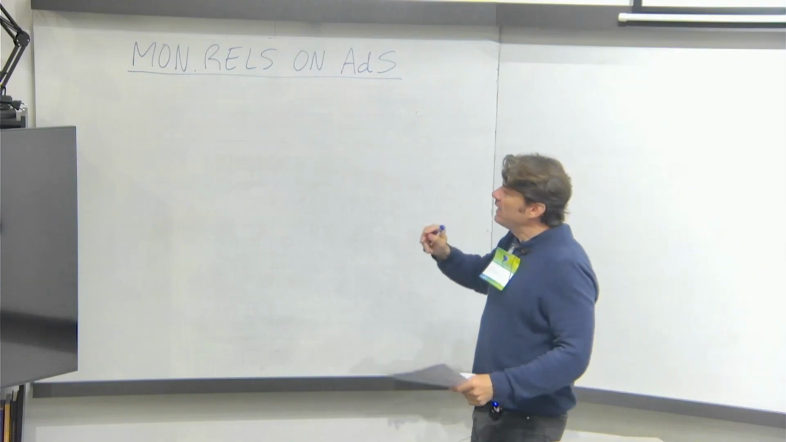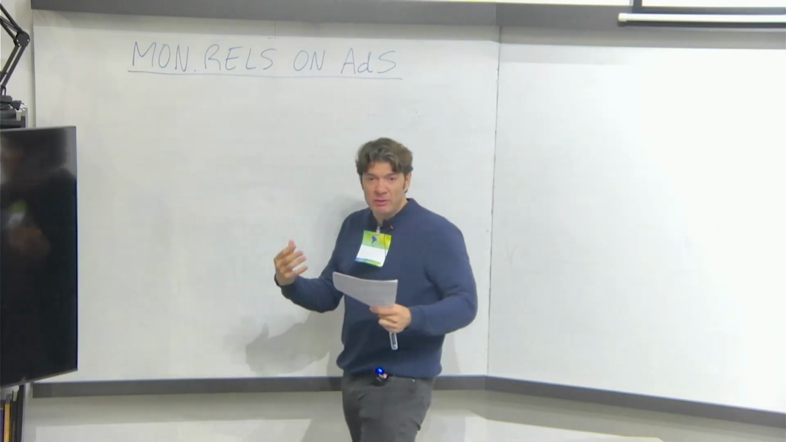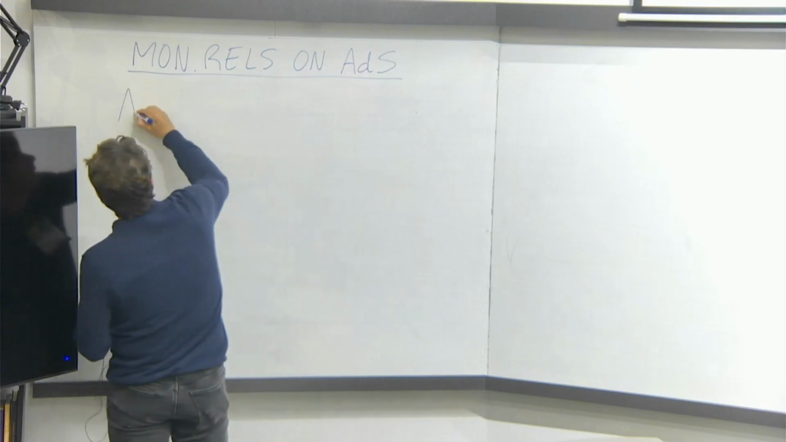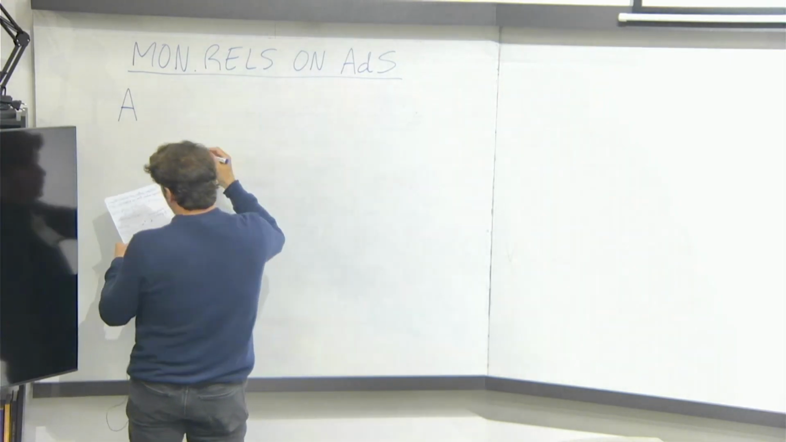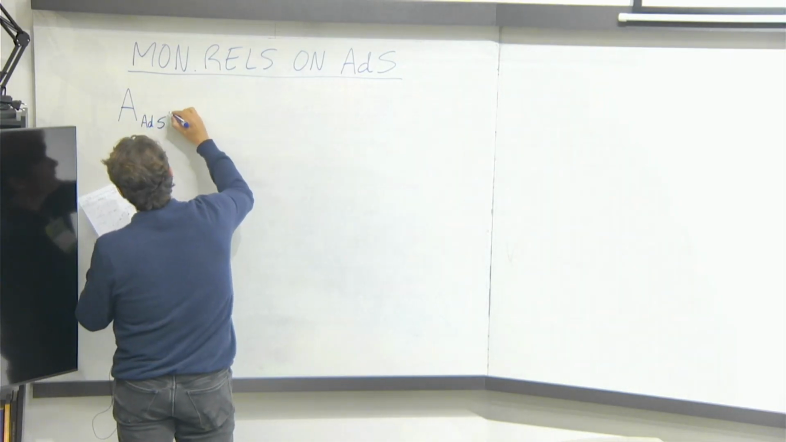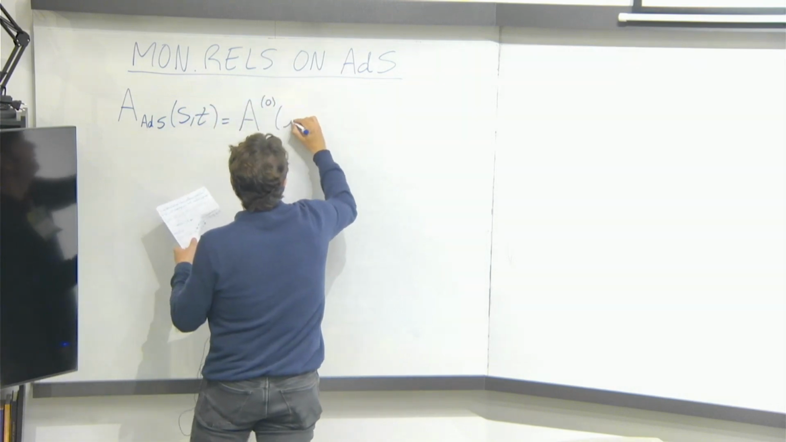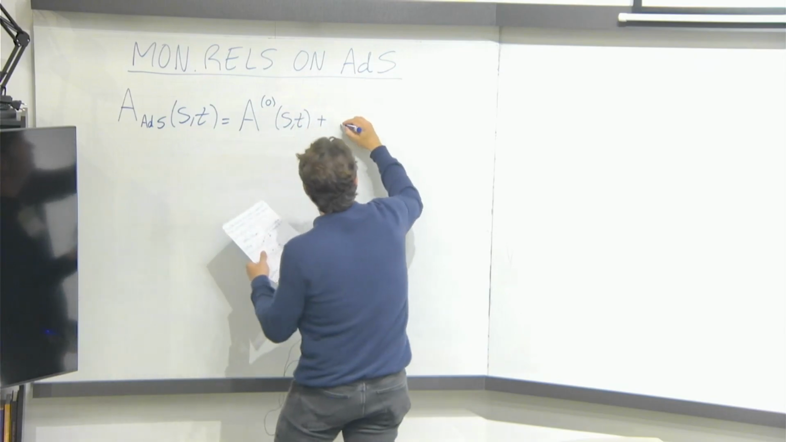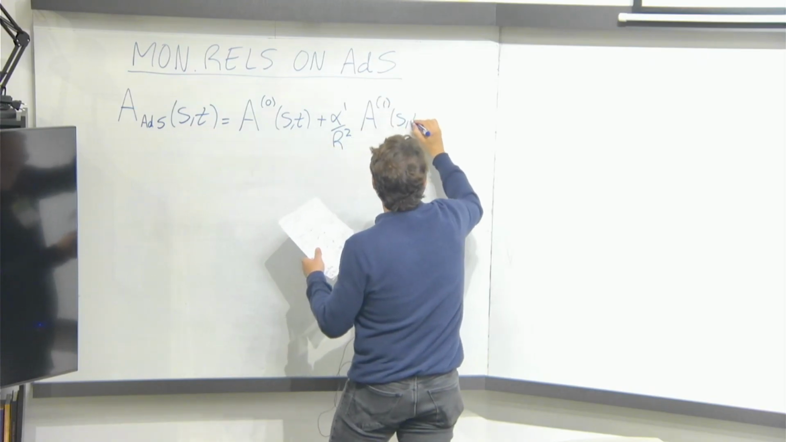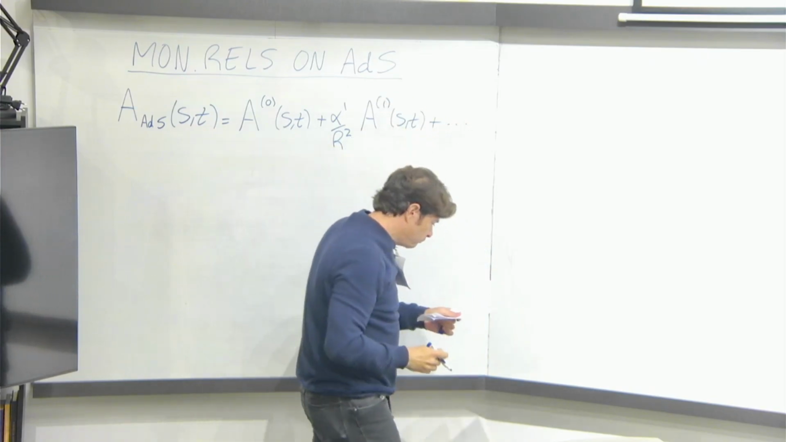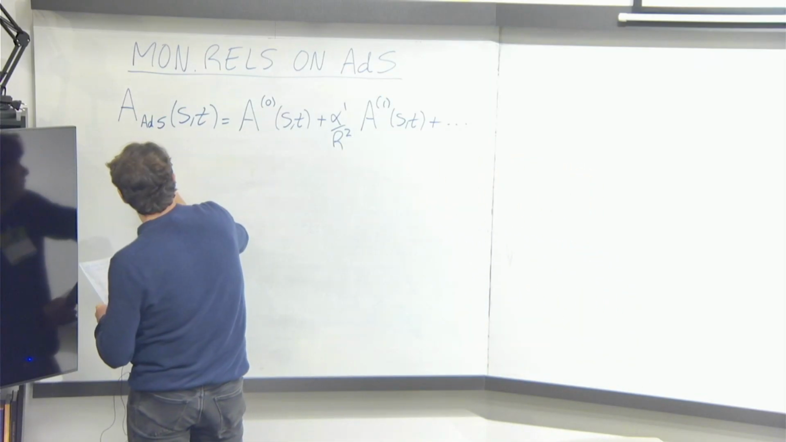So we have seen on Friday, and I will remind you, that string scattering amplitudes in AdS can be computed in a small curvature expansion, where the first term is the flat space amplitude, the second is the first curvature correction, and so on. And we have seen that for closed string amplitudes,